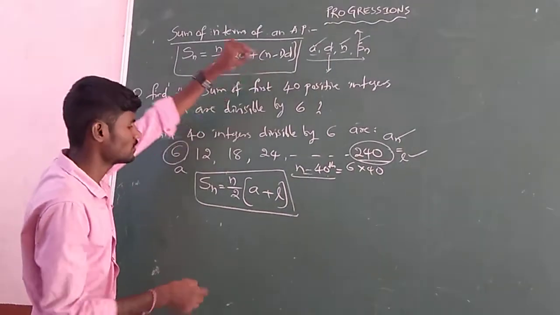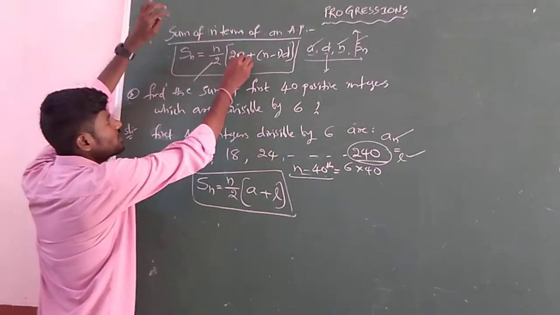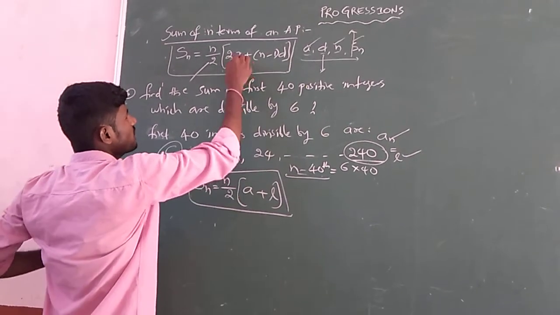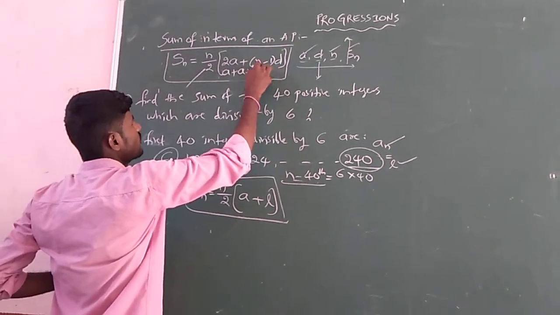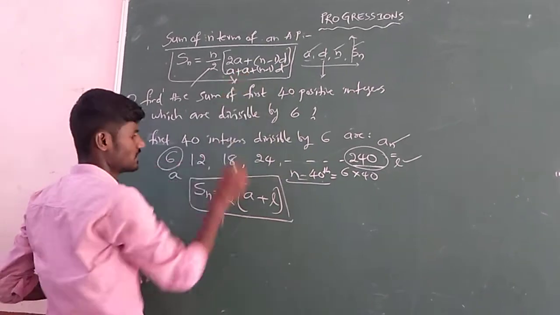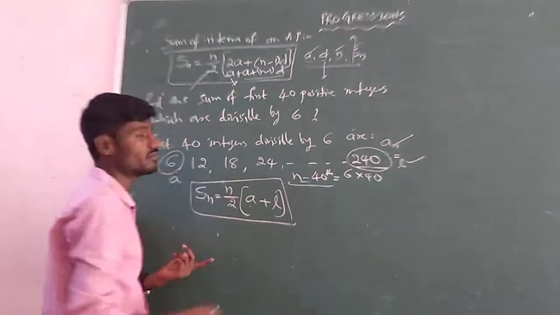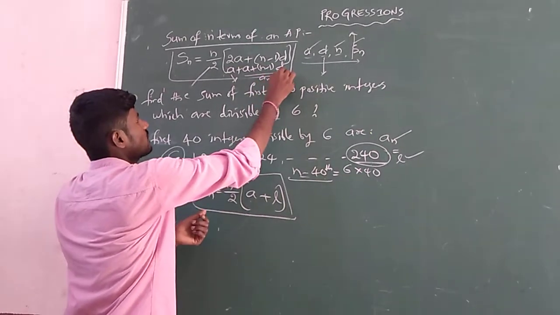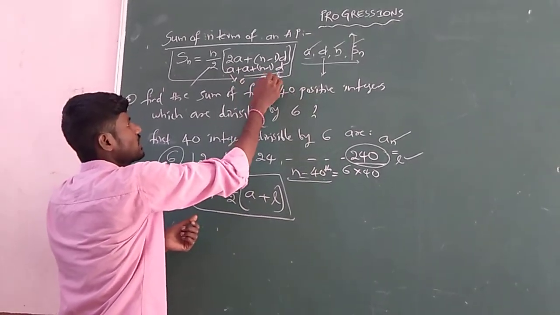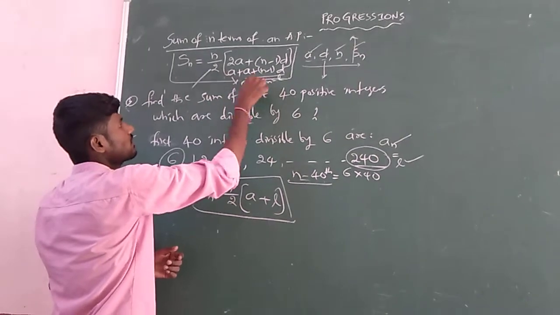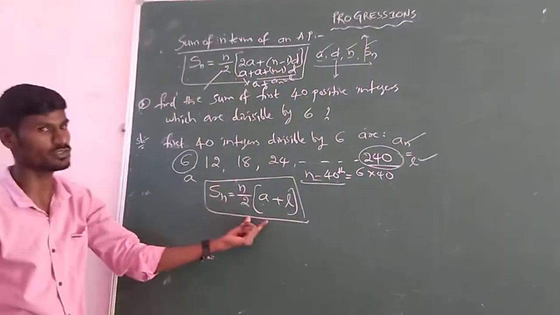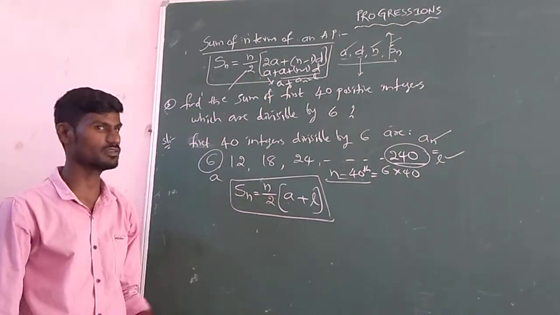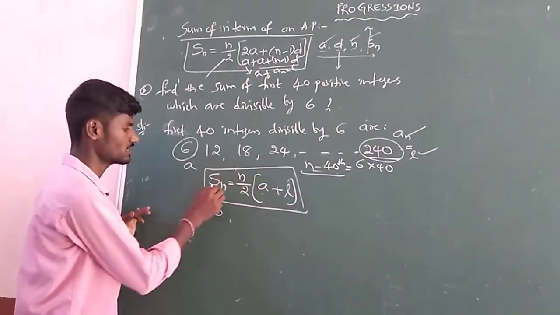In these two terms, we can separate it. 2a is nothing but a plus a, no? So a plus this is n minus 1 of d. So a plus, means first term. a plus n minus 1 of d, as we discussed in the last class, is the nth term an, also said as the last term an or l. So in that way the formula reduces to this one. So n by 2 of first term plus last term. Simply easy one. Now we can substitute Sn.